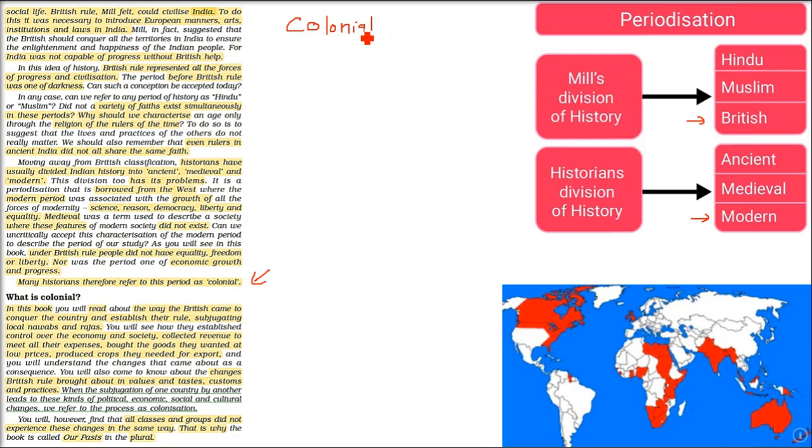Colonial, you might be living in a certain colony. So what does it mean? A colony will have, say, some houses. One of them will be yours. So these are certain houses in a colony. And then there will be a chairman, a secretary of that society or colony, and they will take care of everything. That means they will take money from you as, say, maintenance charges, and they'll take care of your society. So this is how the word colony has come.